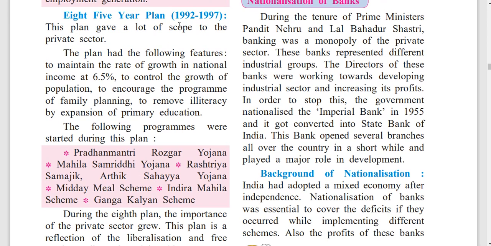Eighth five-year plan, 1992 to 1997. This plan gave a lot of scope to the private sector. The plan had the following features: to maintain the rate of growth in national income at 6.5%, to control the growth of population, to encourage the program of family planning, to remove illiteracy by expansion of primary education. The following programs were started during this plan: